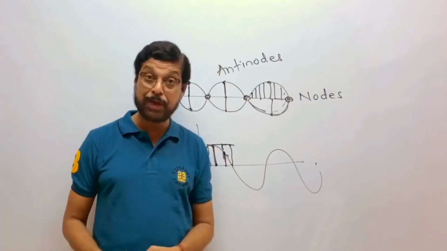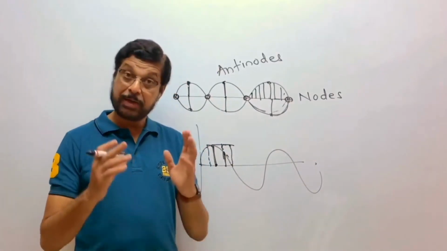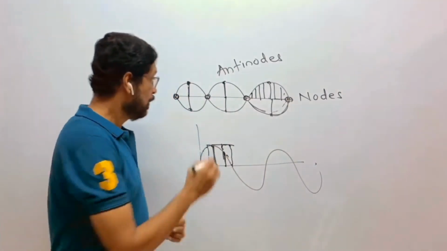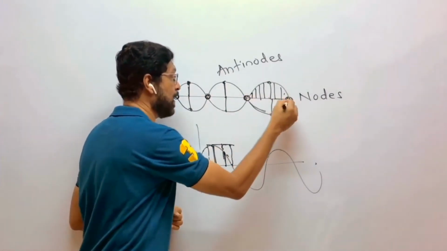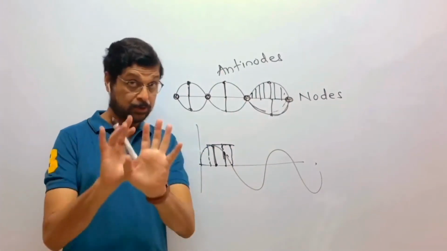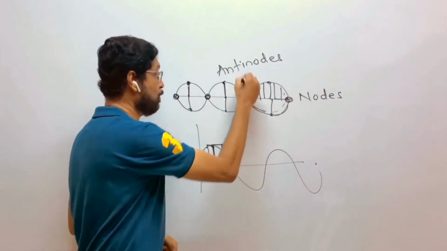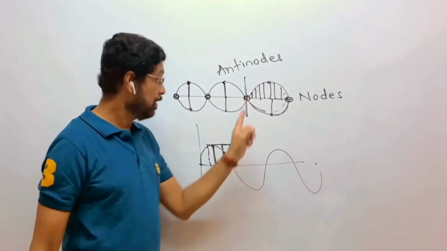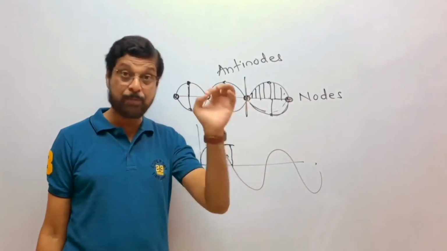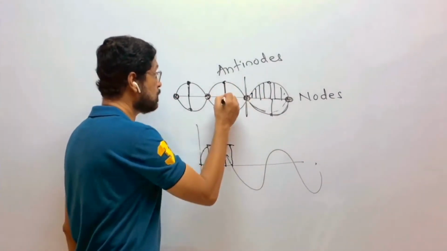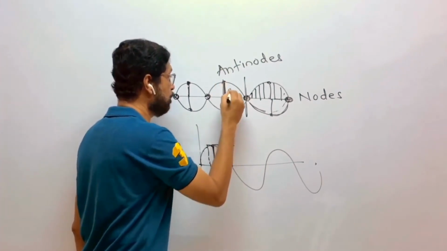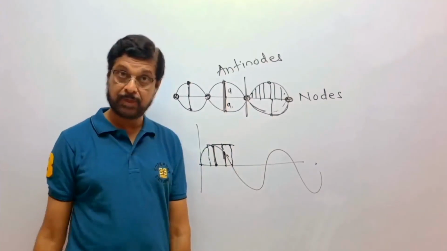In a stationary wave, it is not so. Different particles are having different amplitudes. जो जीरो डिस्प्लेसमेंट पर है नोड, वो हमेशा जीरो पर ही रहेगा. It is not going to move. मतलब ये ऐसे वाइब्रेट होने वाला नहीं है. Zero displacement point will always remain zero displacement. उसका एम्पलीट्यूड जीरो होगा. This particle is having maximum amplitude. इसका एम्पलीट्यूड हमेशा इतना ही रहेगा. It is not going to change.